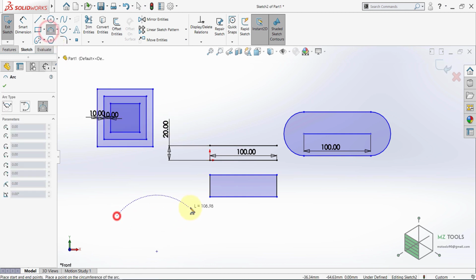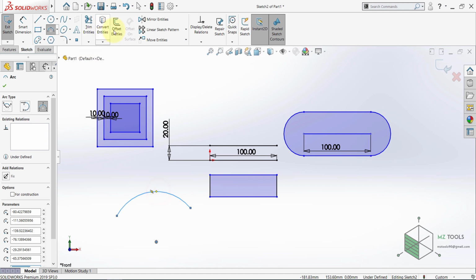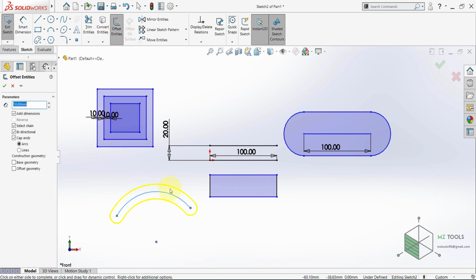Sketch an arc and select offset. And here's another way to create a slot. You can select cap ends and then you can select bidirectional. So it applies to closed shapes too. Another important thing,